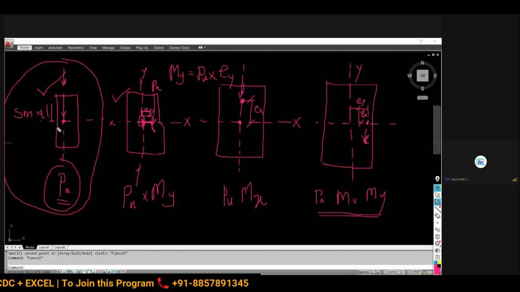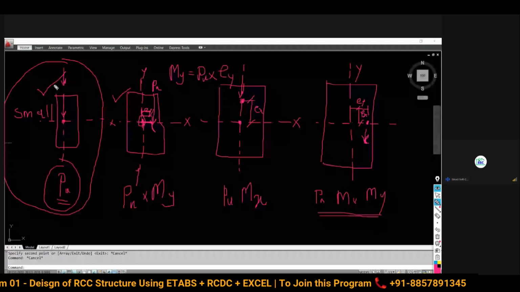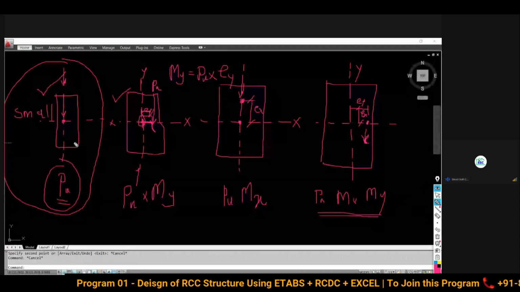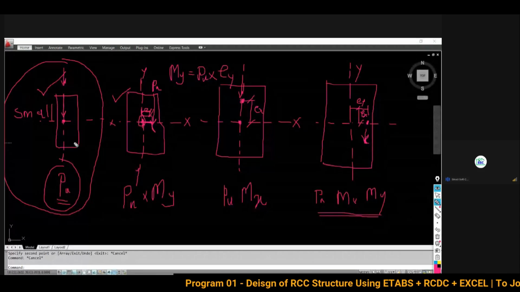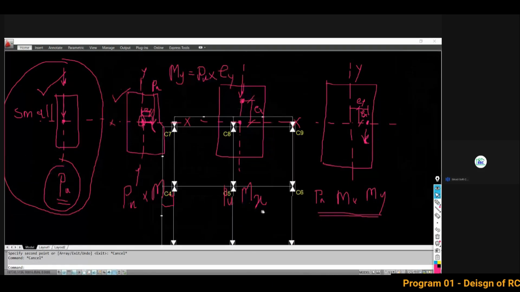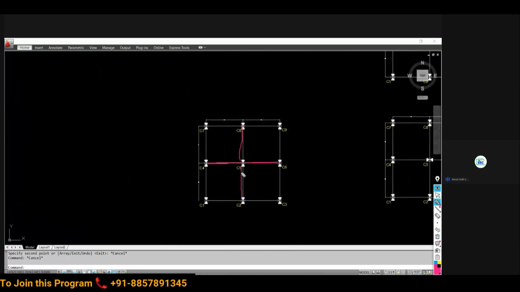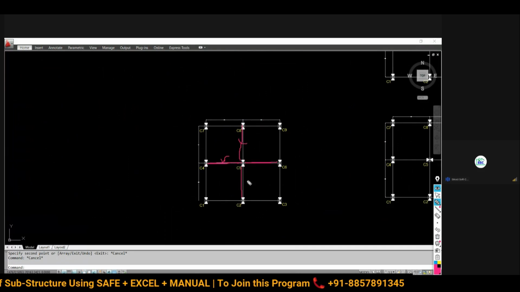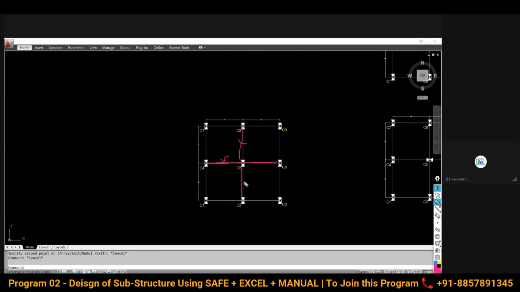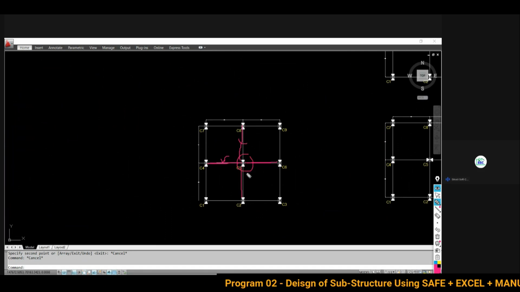But my dear friend, getting a purely axially loaded column in reality is very difficult. Why is it? Try to understand. It is very unexpected to get a structure of this type where all the spans are of equal size, equal spans. Then the beams in all directions will have equal size. Then materials are used of equal grade and everything. Okay, that is possible, normally we assume it, no issue. Column sizes are the same. Everything is uniform and the same.